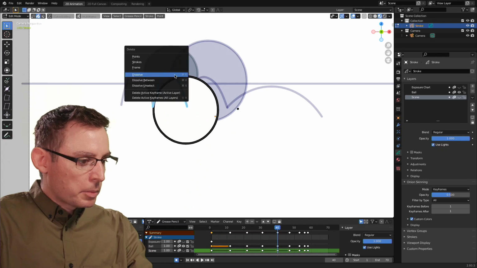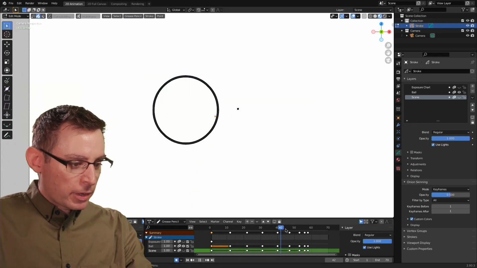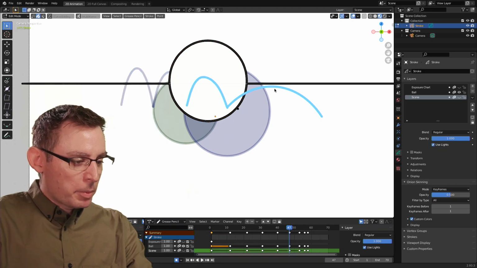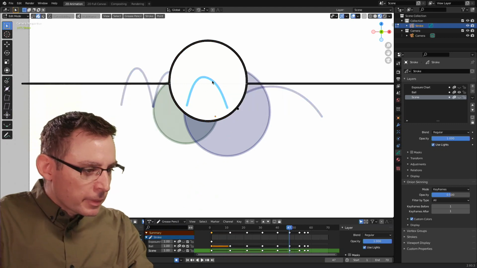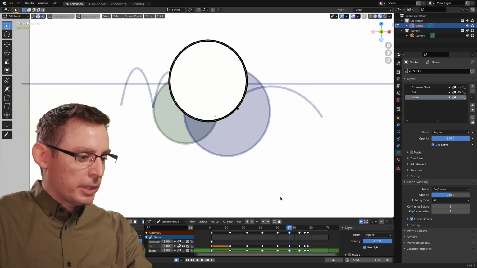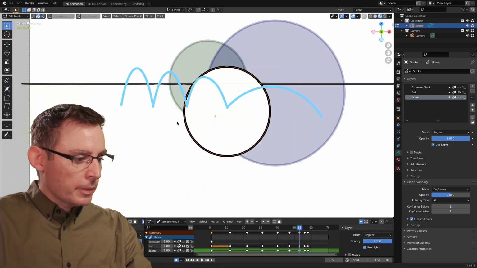Here we go. Just a couple more. This is where it gets tricky because the ball is a lot on top of the arcs in a couple of these moments, but that's okay. See if I can very carefully grab that one. Yep, I got it. Woo! I wasn't sure if I was going to be able to get that one. And here we go. Almost done.